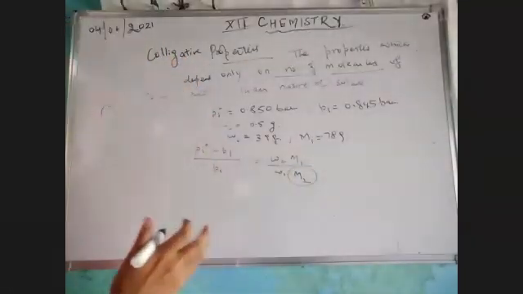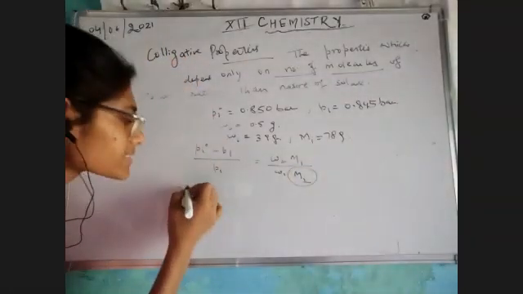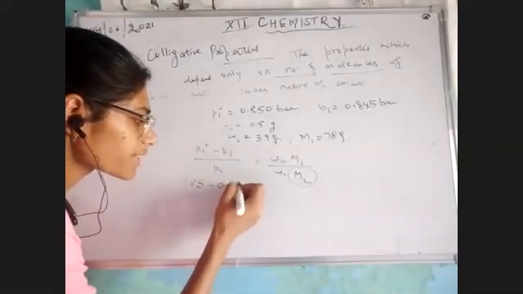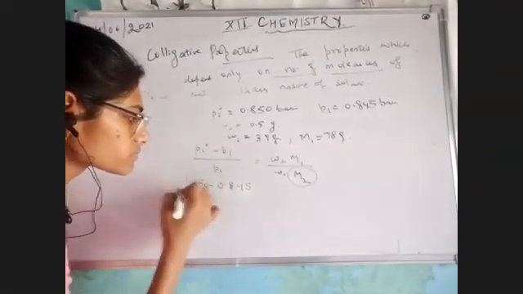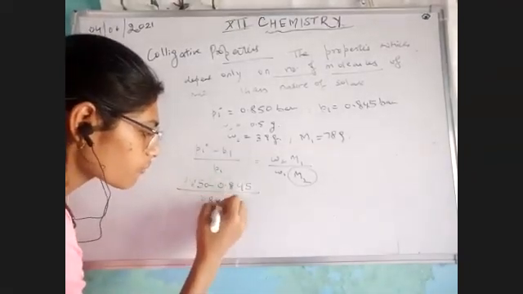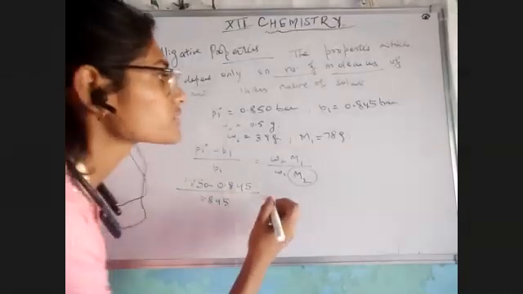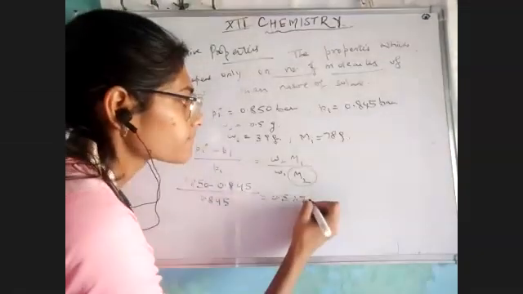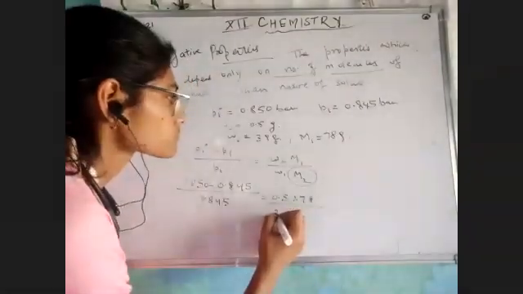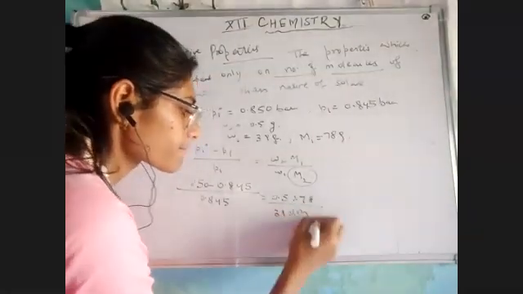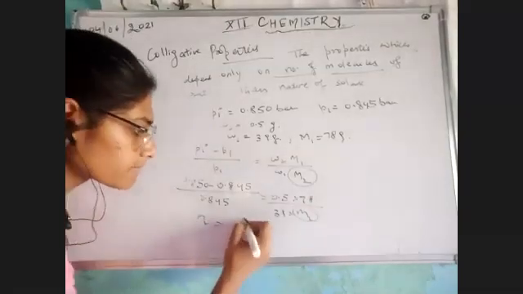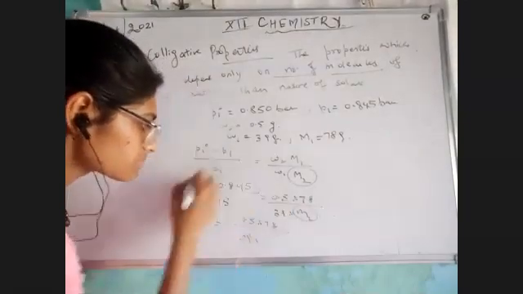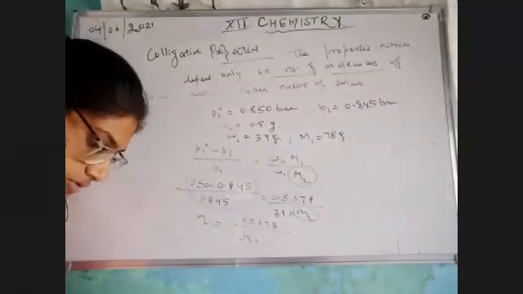All other properties have been given to us, so we can easily solve it: 0.85 minus 0.845 divided by 0.845 equals W2 over, and we can solve for M2, and this complete equation has come equal to,